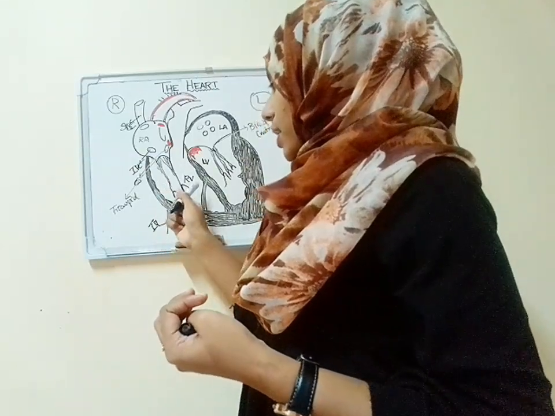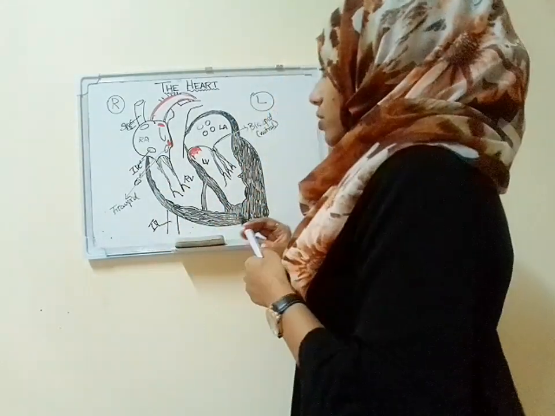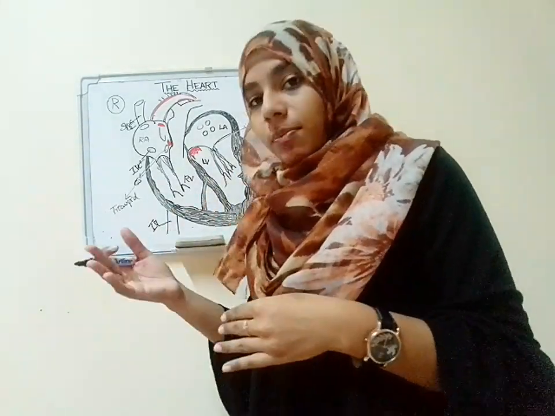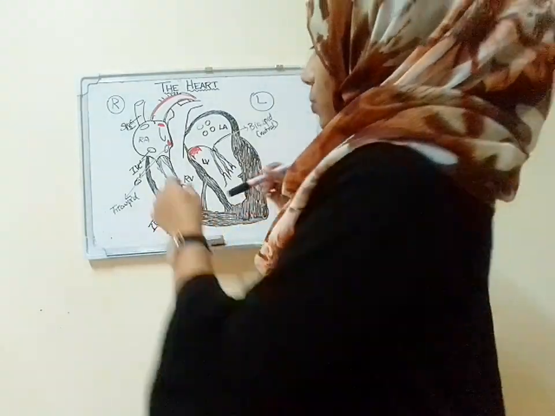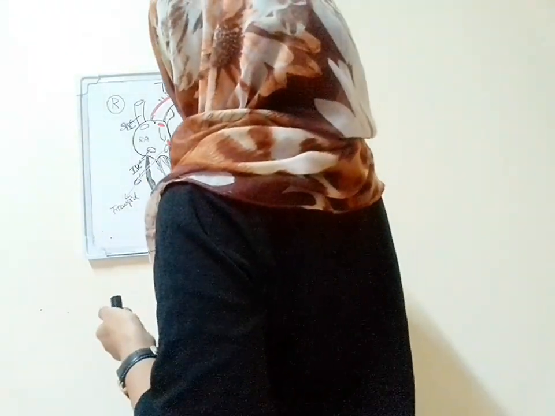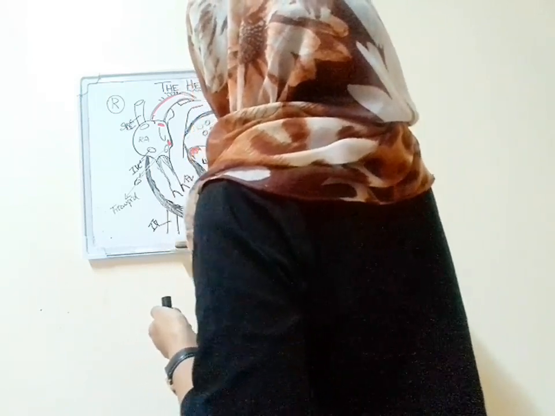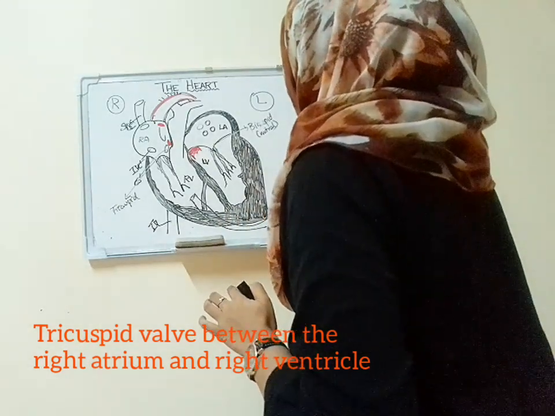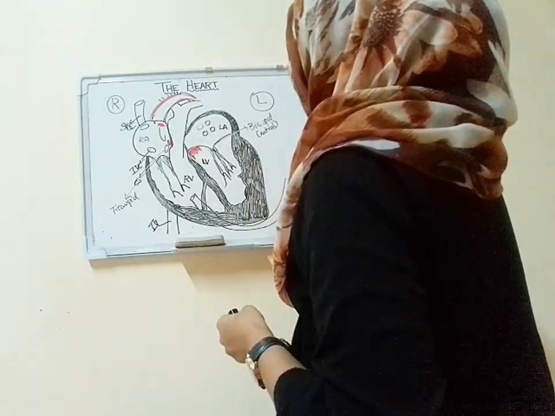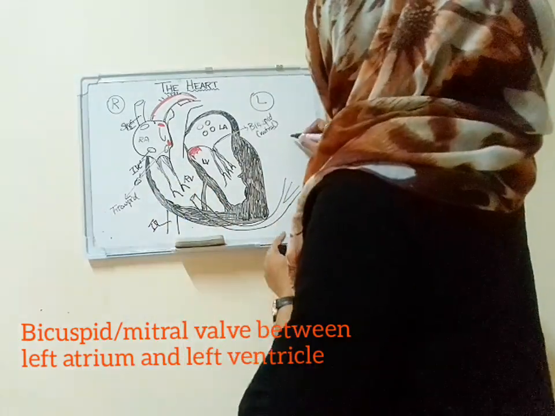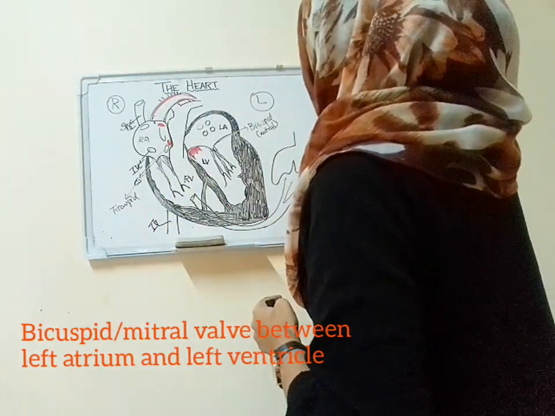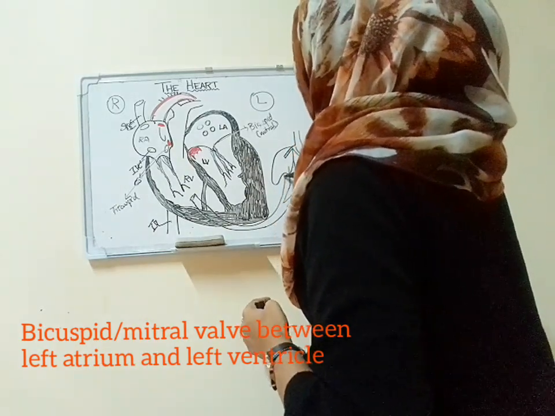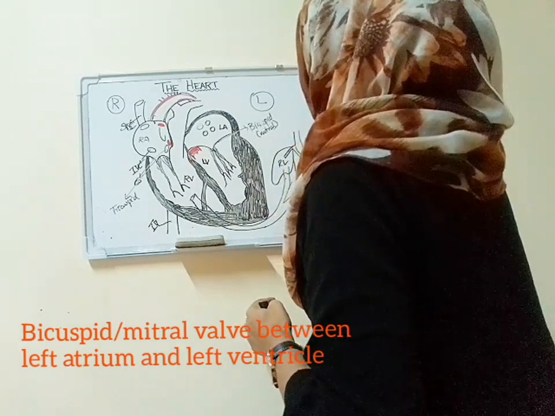From the right ventricle, the blood is pumped to the pulmonary trunk. It is important to understand the blood flow pathway in order to understand the physiology as well as the pathophysiology of various diseases. Once the blood comes to the right ventricle, it is pumped via the pulmonary trunk. The pulmonary trunk divides into 2 parts, the right and the left pulmonary arteries. It carries the deoxygenated blood from the right ventricle to the lungs, the right pulmonary artery to the right lung and the left pulmonary artery to the left lung.